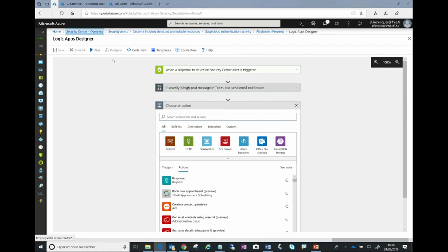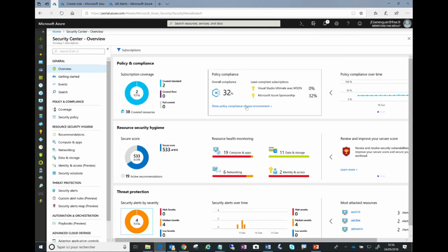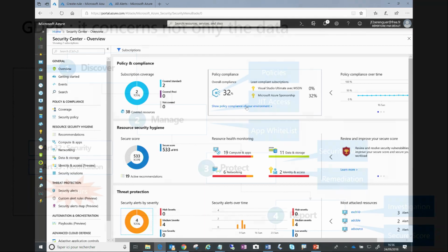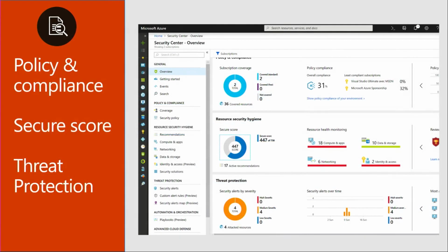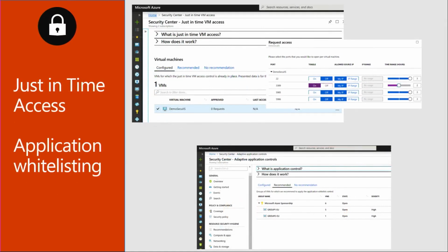We go here. And now I can switch to the slide. Just with Azure Security Center, we have policy and compliance, secure score, threat protection. We have some tools like just-in-time access, application-wide